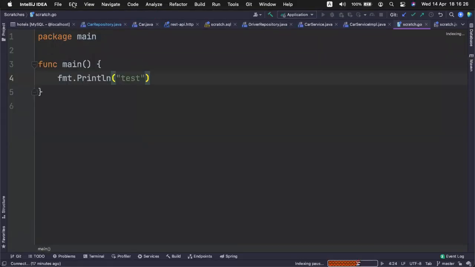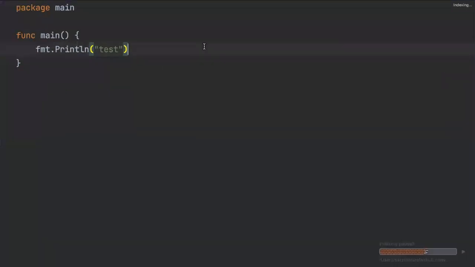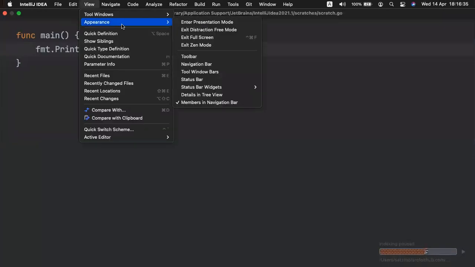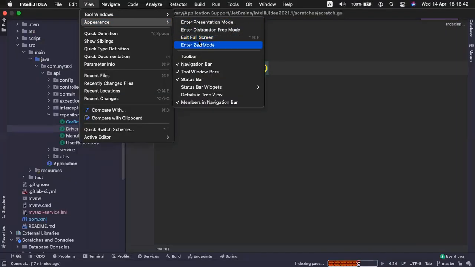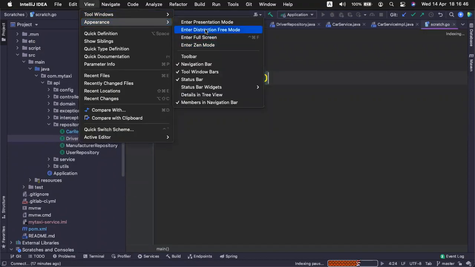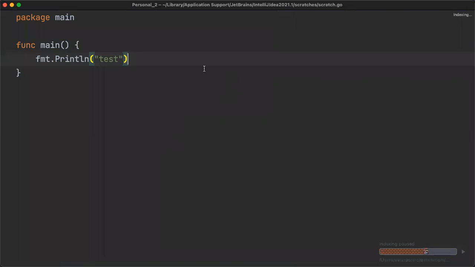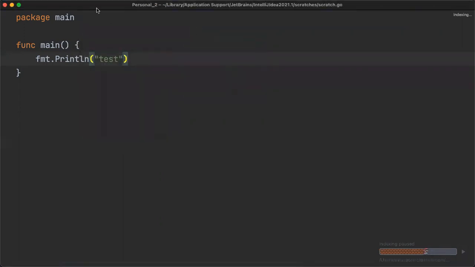I'll come back like this. I have Zen mode. Zen mode means everything will go. You can only type for coding. You can stop everything, and you even have a distraction free mode. I will show you that also. That is also very interesting. Exit full screen. Before that, enter distraction free mode. This is also present. You can start using everything, but everything is present here only. But if you want, you can do. And another thing is,